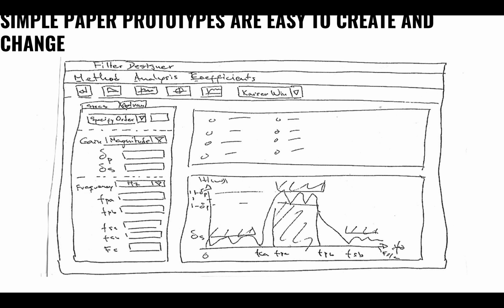And we might have several of these in multiple PowerPoint slides, so that when they click and when they drag, you can show them a different PowerPoint slide, or it could just be a different paper, right? As they click, we'll take out that piece of paper and put another piece of paper, and they interact with that, and we gather what it is that they're trying to do. Again, studies have shown that using plain paper and something drawn with a marker is just as good as something fancier that you might have built using HTML or something like that.